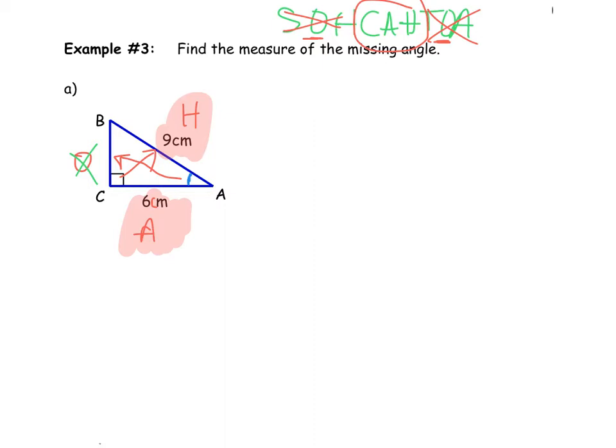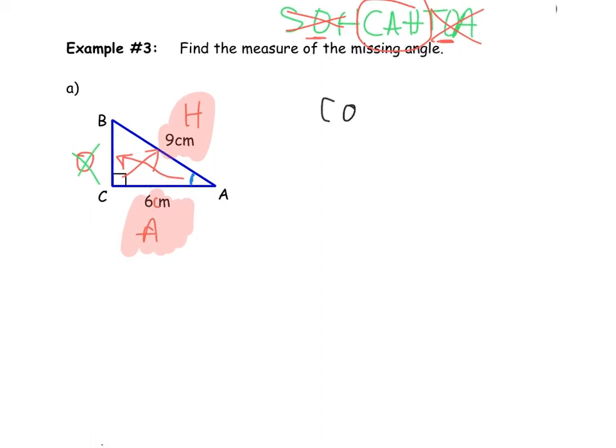So in this case, I would say, all right, well, I'm going to say that I know that the cosine of angle A, and you know what, I'm going to just change that because sometimes students forget that A is an angle, so it may be helpful for you to write in cosine of angle A. That way you remember you're solving for an angle, is equal to always my adjacent over my hypotenuse, right? And so the cosine of angle A